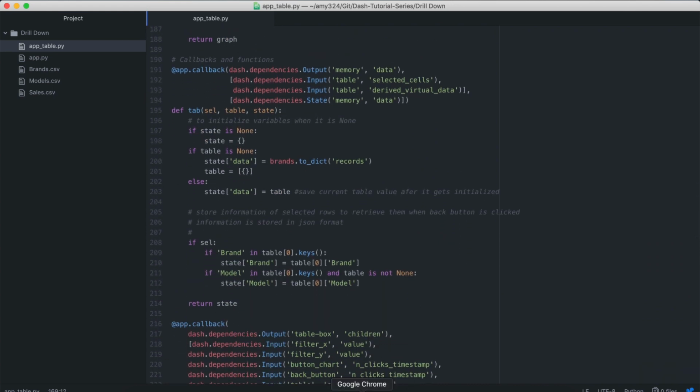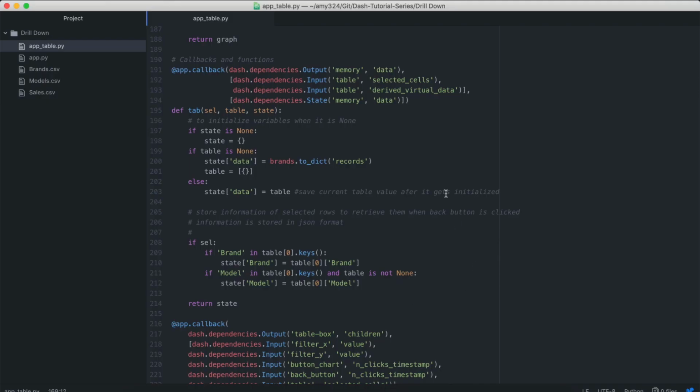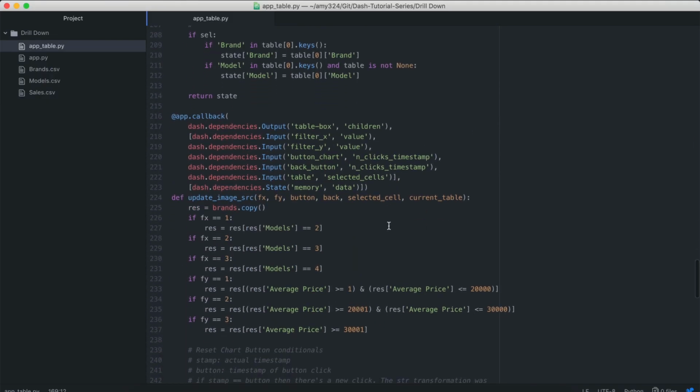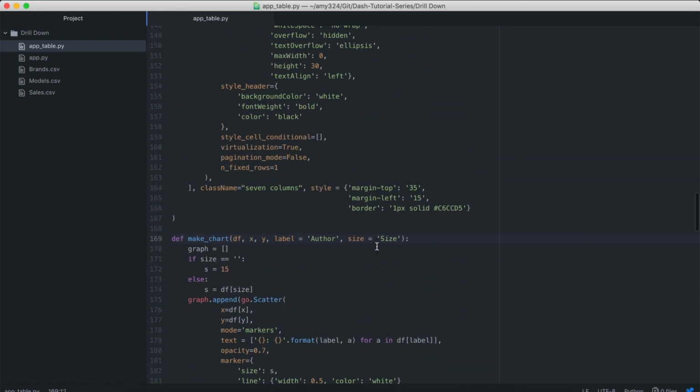So the first thing is, if you try to make a callback where the information from the component is used as an input and the output is the same component, you'll see that Dash breaks. It doesn't accept it. It gives a dependency error or something like this, and it's not possible. So the first challenge is to overcome this problem, and I figured out how to do this by returning actually a whole structure of HTML div